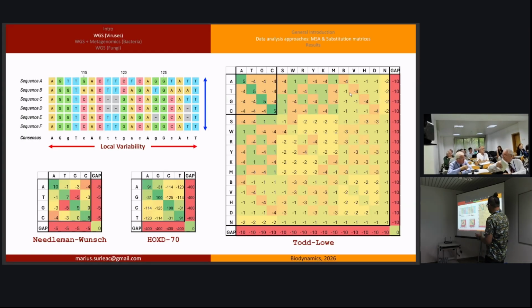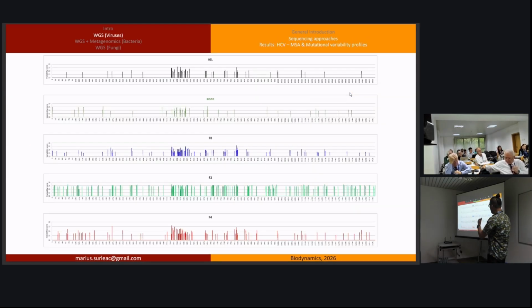We have some matrices that we use because of the fact that the viruses are highly mutated. We have some substitution matrices that we use for the analysis of the alignments. And why do we use that? Is because we have different genomes. In this case, we have some